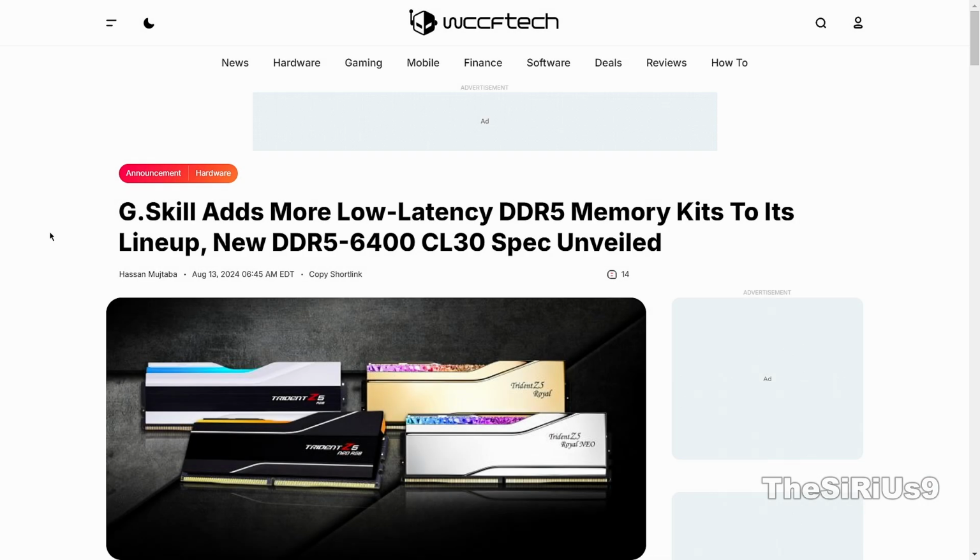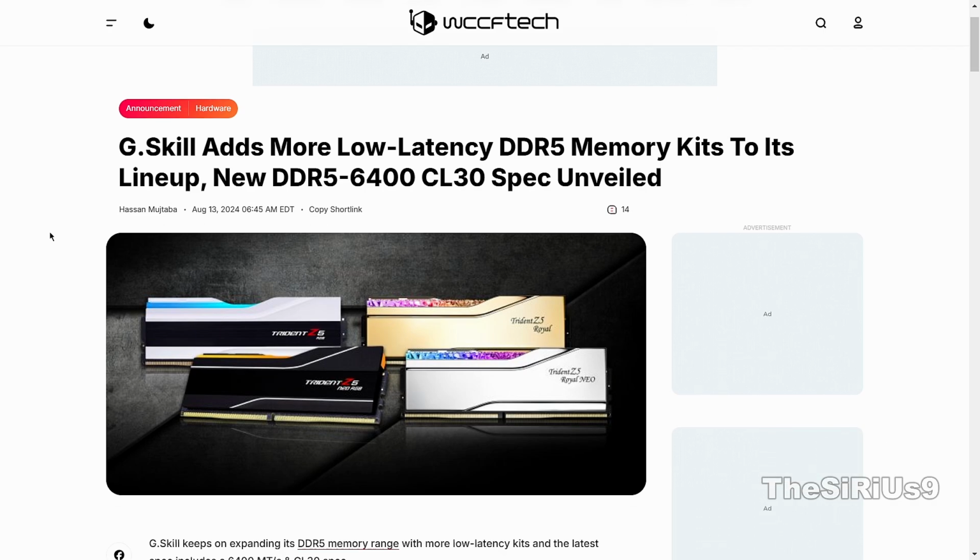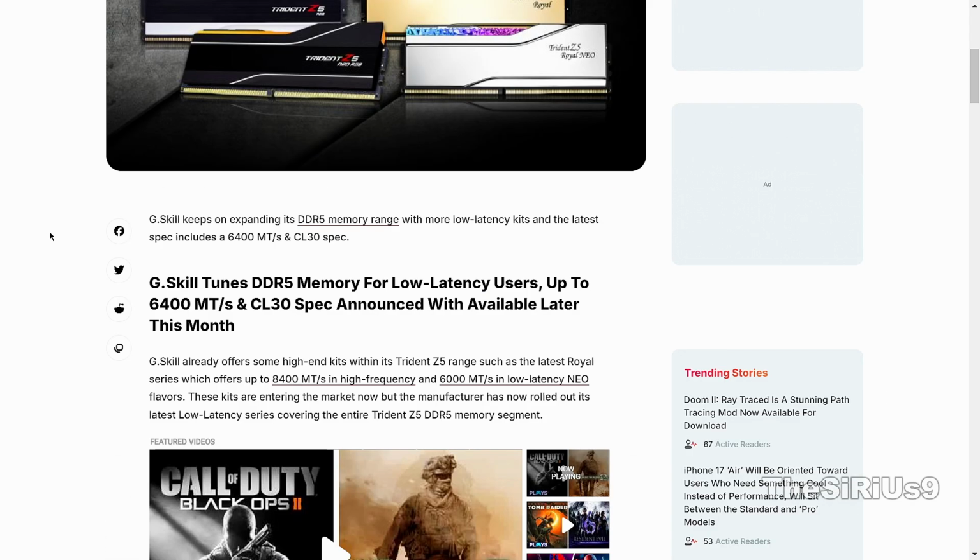G.Skill adds more low-latency DDR5 memory kits to its lineup. New DDR5 6400 CL30 specs unveiled. G.Skill tunes DDR5 memory for low-latency users up to 6400 MT per second, and CL30 specs announced with availability later